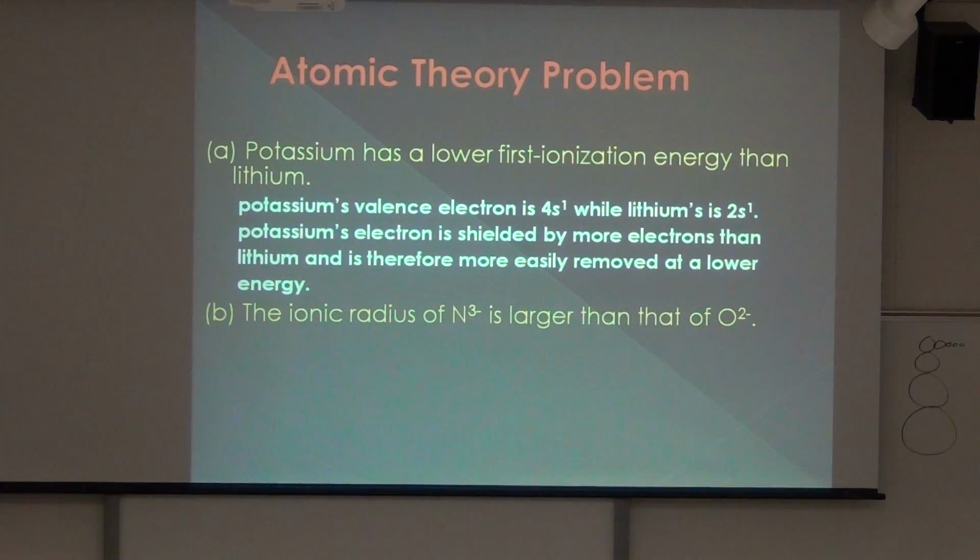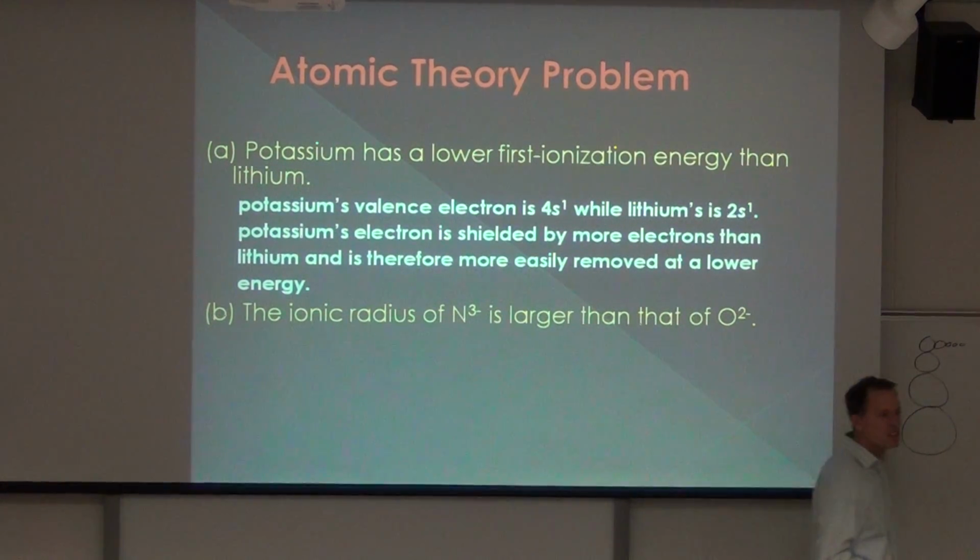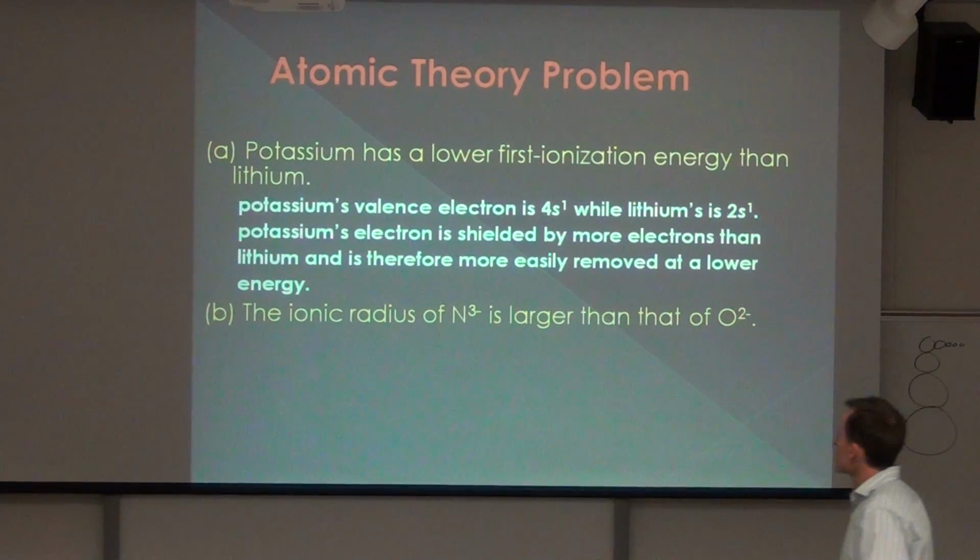We said that since they have the same number of electrons, but nitrogen has 1 less proton to pull in the electrons closer, that nitrogen is bigger. Okay. Where's the other 1B? Don't we have another 1B? I know we do. Okay. What do you guys have? We just kind of said because oxygen is a smaller atom and has a smaller atomic radius. Okay. So it's smaller atomic radius, but now